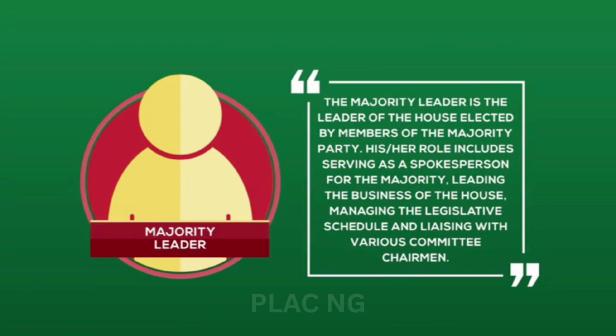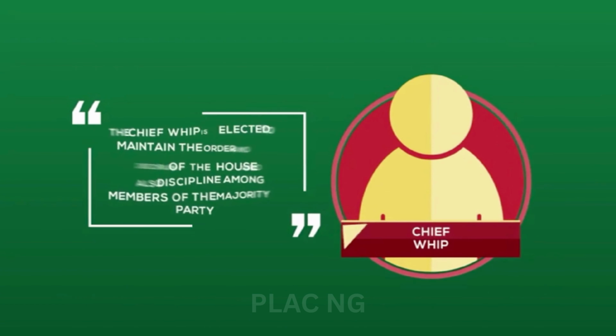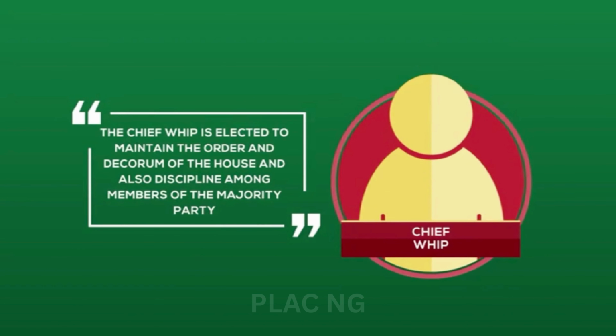The Majority Leader is the leader of the House elected by members of the majority party. His or her role includes serving as a spokesperson for the majority, leading the business of the House, managing the legislative schedule, and liaising with various committee chairmen. The Chief Whip is elected to maintain the order and decorum of the House and also discipline among members of